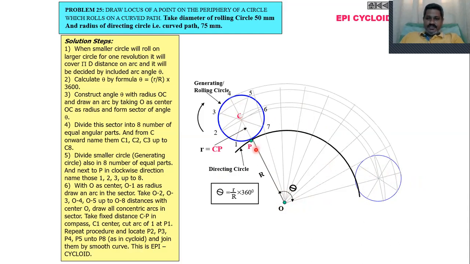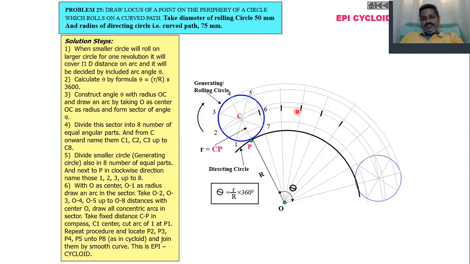After drawing the concentric circles, then take CP as radius in our compass. Then locate the centers. We have a concentric arc which passes through the center of the generating circle. Then locate the centers on that arc like this. And this is our first line, first division of the sector, second division, third division, and these intersecting